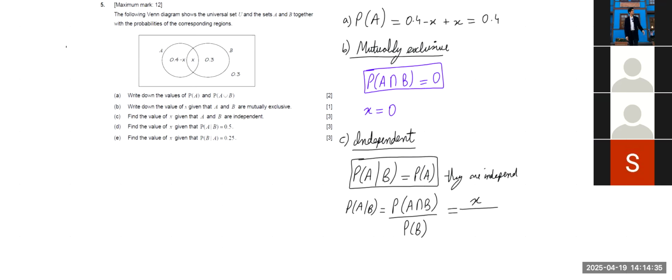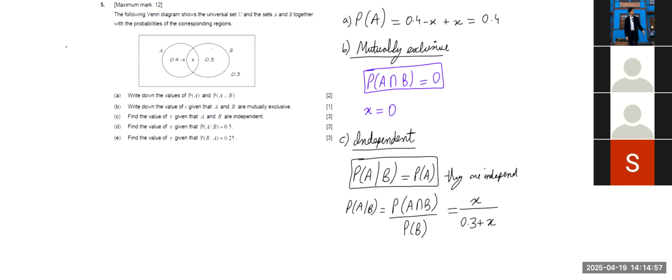So when I ask you for the probability of B, I mean what's the total probability of the circle B? Would it be 0.3? No, that's just B alone. So that's just this part. That's not the whole circle of B, is it? The whole circle of B is this. It's 0.3 plus X,